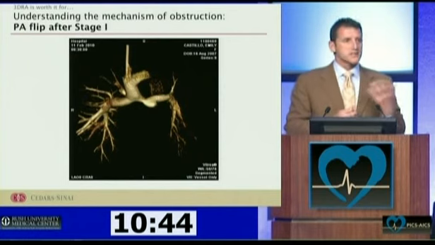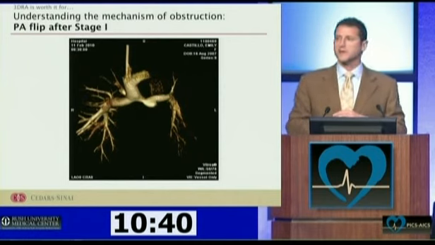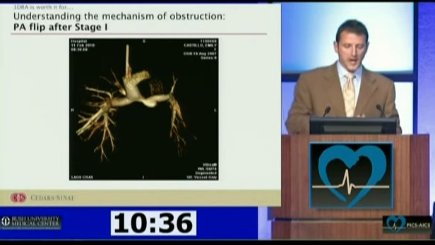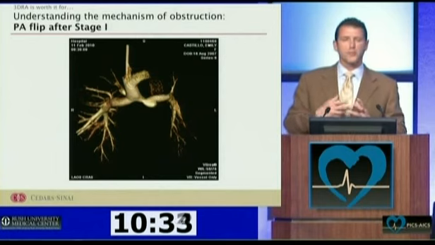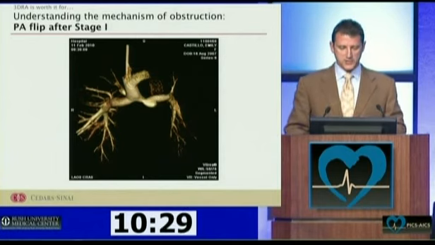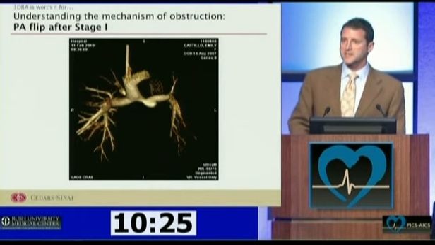Okay? Another example, similar but different concept. We've all seen this. After a bidirectional cavopulmonary anastomosis, a stenosis to the left and the right in the bottom of the Glenn, and we say, boy, what did the surgeon do? That doesn't look like a hard suture line. How did he get that stenosis just to the left of the Glenn? And you can see this patient's also had a stent in place, but that doesn't seem like that's the problem